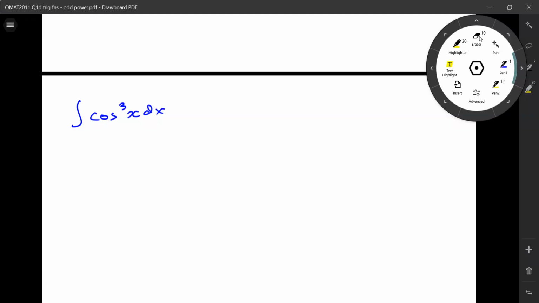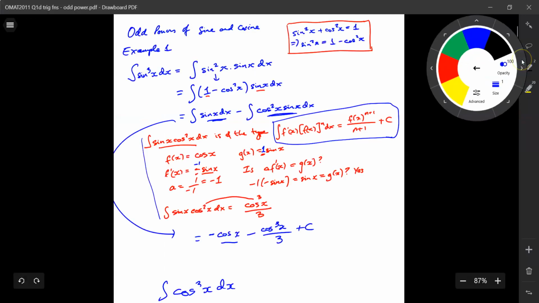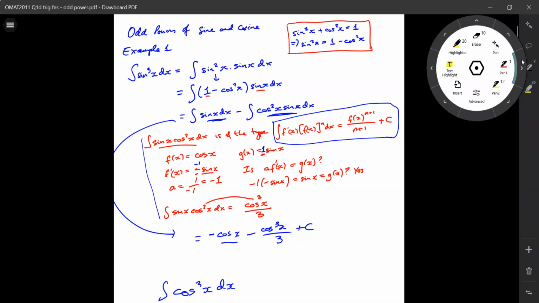So what we do here is, as before, we split this into 2. Just to clarify this last one, before we start the next one, the integral of sine x cosine squared x dx, and a is equal to minus 1, so if we got the minus 1 in here,